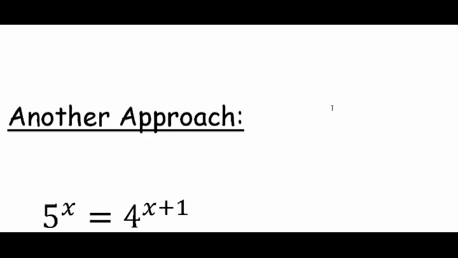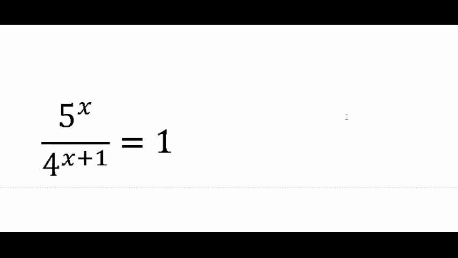not by doing the logarithm laws and then subtracting, but here we're going to simply divide both sides by this right-hand quantity, 4 to the x plus 1, and get this. 5 to the x divided by 4 to the x plus 1 is equal to 4 to the x plus 1 divided by 4 to the x plus 1, or 1. Simple. Okay? So we simply divide both sides by 4 to the x plus 1